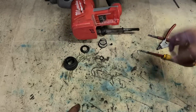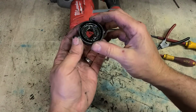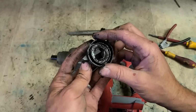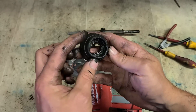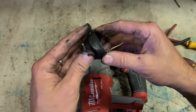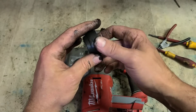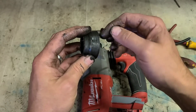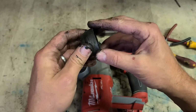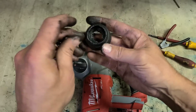Right, everything's in place. Nothing's missing. Problem is just the sleeve. More than likely they were drilling too close to a corner or a wall or an obstacle. As they've drilled in, the sleeve kept catching and rubbing on the actual wall, and that's why it's all worn away. Not a problem if it does that, should be okay, but if this jams, which it looks like it did, and the drill keeps spinning and this stays in place, what happens is the balls get dislodged from here